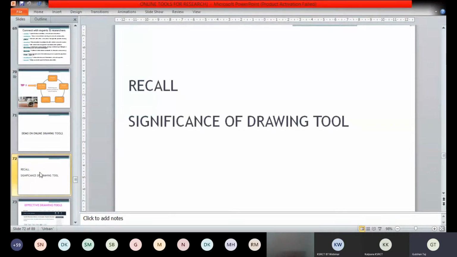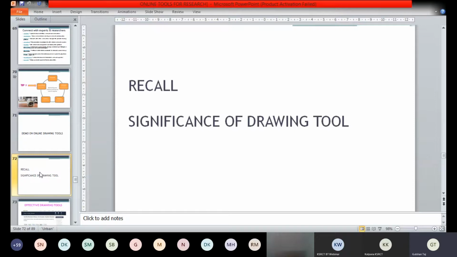Today I will share the PPT, because that day only half of my PPT was completed, so I could not share it with you. I will share it with the coordinators, and definitely by today you can get it. Then you will be able to see all the websites or links that I showed that day. In between, I gave some tips, and I hope they will be helpful for your research. Whether you are a beginner, an intermediate or a finisher, whatever the stage, you can get some information from that.